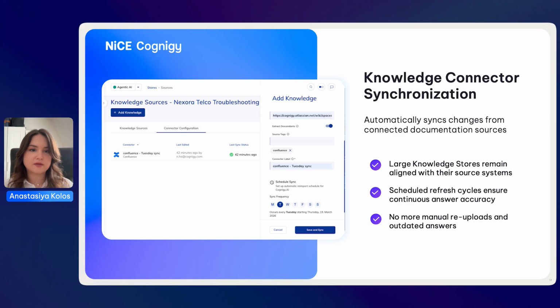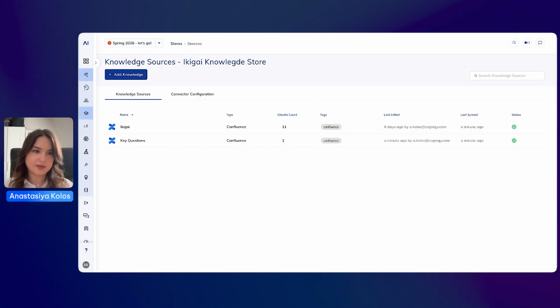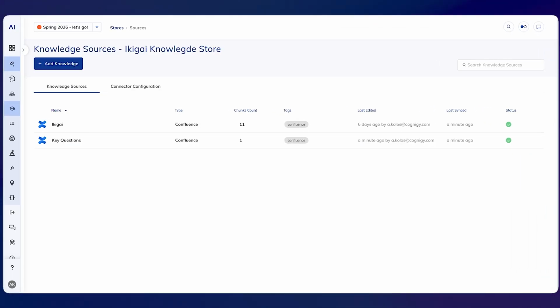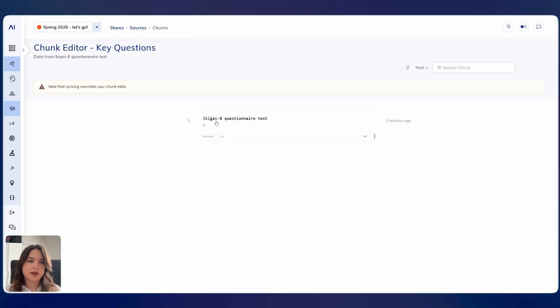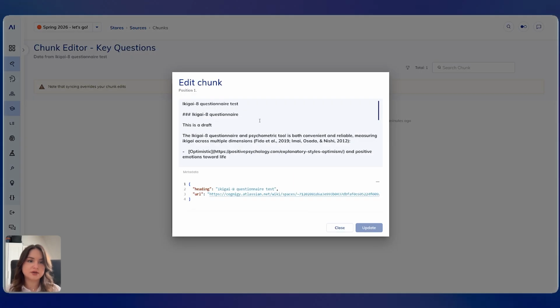This feature reduces manual maintenance and ensures content consistency. Now let's have a look at how it looks in practice. You can see on my screen the knowledge store with two tabs, knowledge sources and knowledge connectors. As of now, on the knowledge sources page, I have two sources, Ikigai and Key Questions. Those two sources were created in my knowledge store with a syncing feature that ingested the information from my Confluence